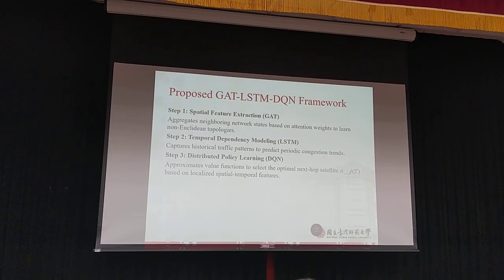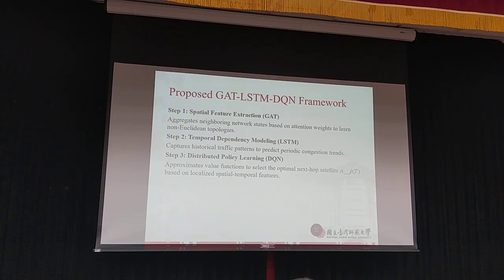GAT is uniquely suited for this because its attention mechanism allows each satellite to dynamically assign different weights to its neighbor based on their real-time state, instead of treating all neighbors equally. Our agent focuses heavily on nodes that are becoming congested,